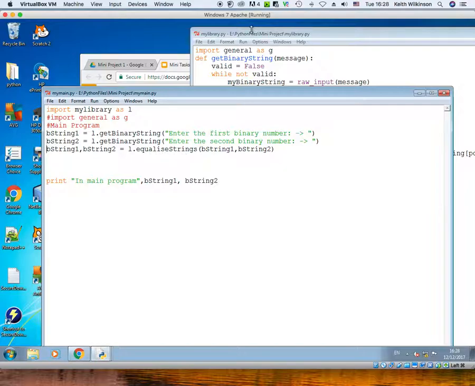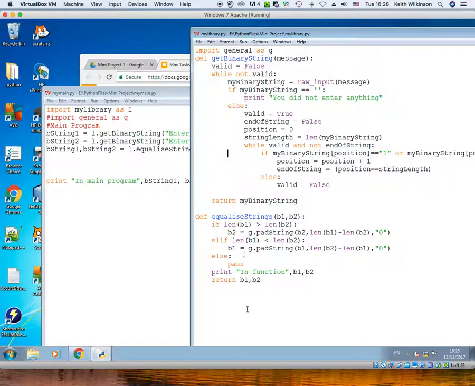Now, if I go to my library, we've got this return B1, B2. To return that as a list, all I need to do is put square brackets around it. And that's it, job done. And that is now a list. However,